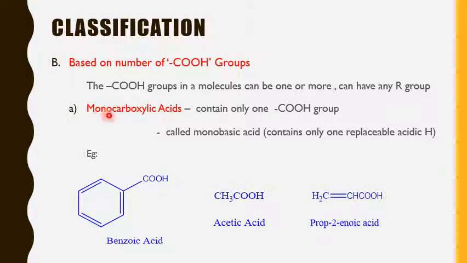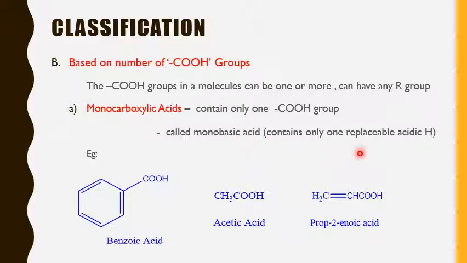Mono means single. So single, I can say one. So if the molecule contains one carboxylic acid or single carboxylic acid group, COOH group, then such molecules are considered as monocarboxylic acid. And the interesting part is that they are also called monobasic. Why is it called monobasic when we are discussing the acidic character of carboxylic acid? Because acids are characterized by basicity, which is given by the number of H plus ions they can produce or the number of OH groups it can replace.